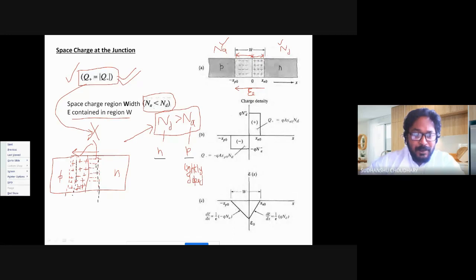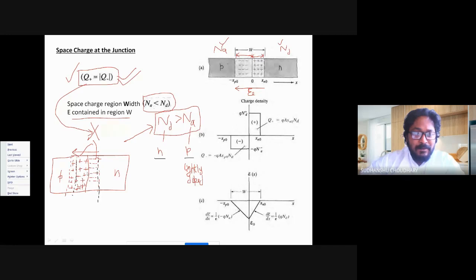And then we found that the total charge towards the n side will be larger than the total charge on the p side, because n-type is heavily doped. That is, the donor concentration, the concentration of donor impurities per centimeter cube, is larger on the n side. So obviously when all of them ionize, I'll have more charges in the same region on the n side compared to the p side.